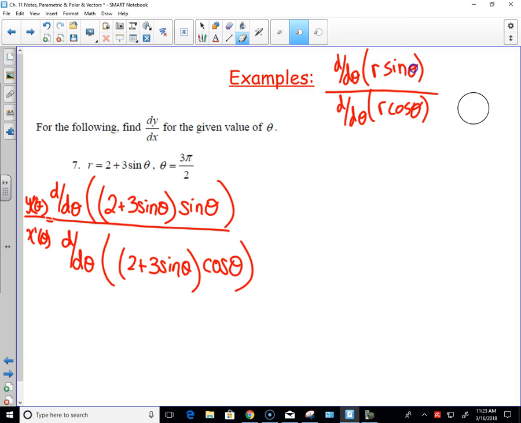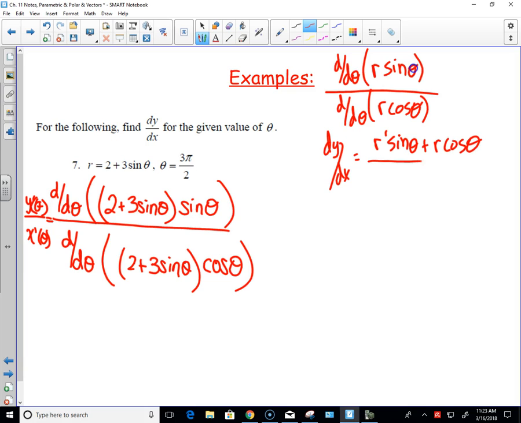And here's why they liked it better. You could say dy dx is equal to r prime sine plus r cosine all over r prime cosine minus